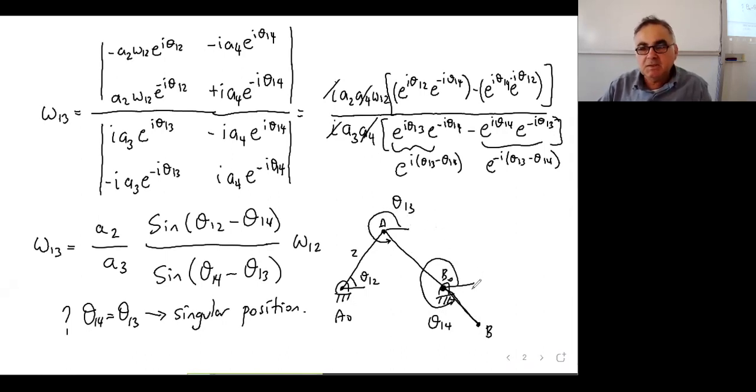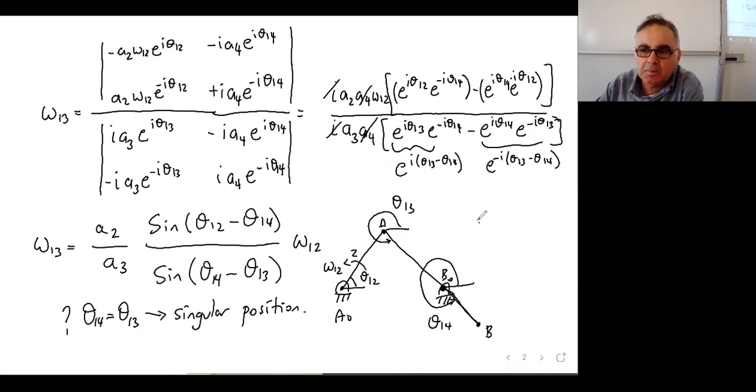They are the same. In this position, the position of the mechanism is singular. You cannot know whether, with the given omega 1, 2, the velocity is going to